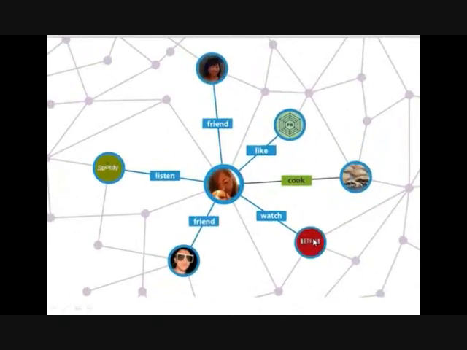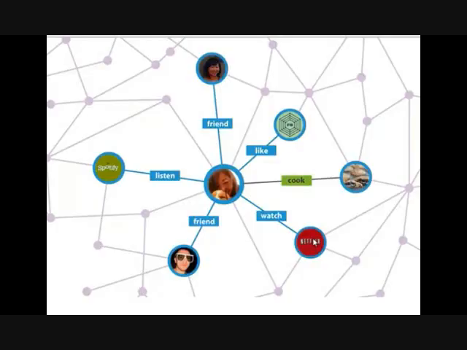In this social graph example, we have a couple of nodes here. We have the social media user at the center, some of her friends, the things she likes, watches, and stuff she does. Now, rather than just have a table of this user and all of her activities, we have nodes for the different kinds of things she can do. She can work somewhere, she can watch something, she can be a friend with someone, and have a relationship for